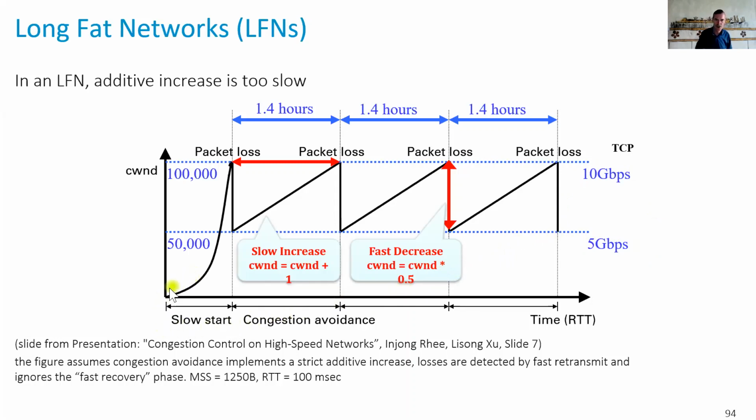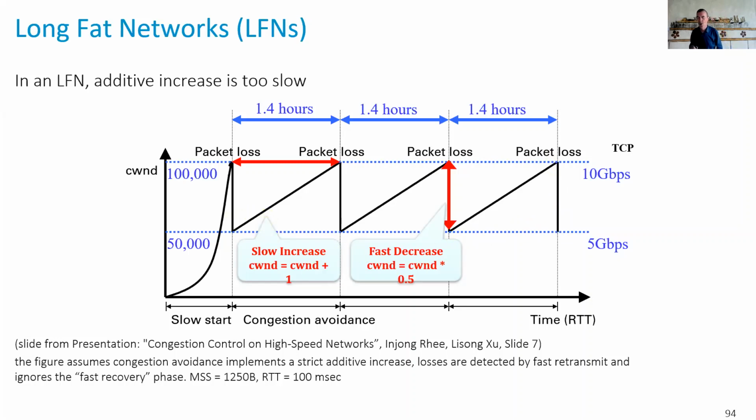TCP will start in slow start. So assuming I have a capacity of 10 gigabit per second, and I have only one TCP connection, TCP will very quickly go up until it hits the capacity, slow down, and decrease the window by 2. There will be perhaps fast recovery, a few details that I'm skipping here, and then it will increase again with additive increase, etc. Now the thing is, when we are with such large numbers, the additive increase takes a very long time. It takes on the order of an hour to get from 5 gigabit per second to 10 gigabit per second here,